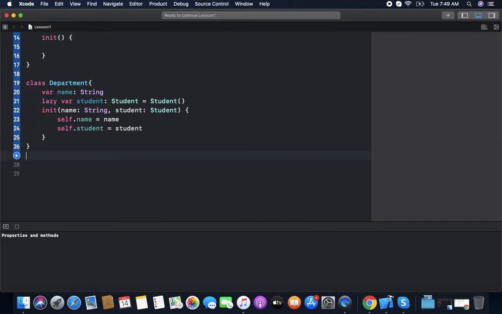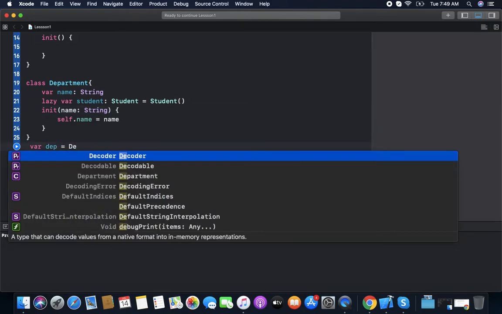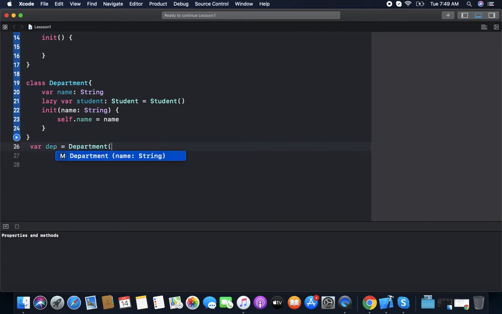So if we create an object var, if we remove it from here, department test, it will not initialize the student here.